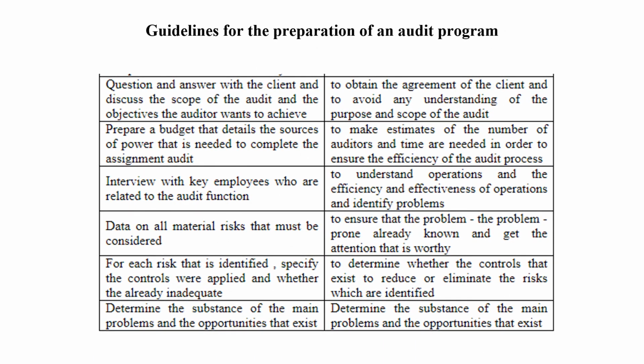Then question and answer with the client, and discuss the scope of the audit and the objectives the auditor wants to achieve. The reason is to obtain the agreement of the client and to avoid any misunderstanding of the purpose and scope of the audit. Prepare a budget that details the resources needed to complete the audit assignment. The reason is to estimate the number of auditors and time needed in order to ensure the efficiency of the